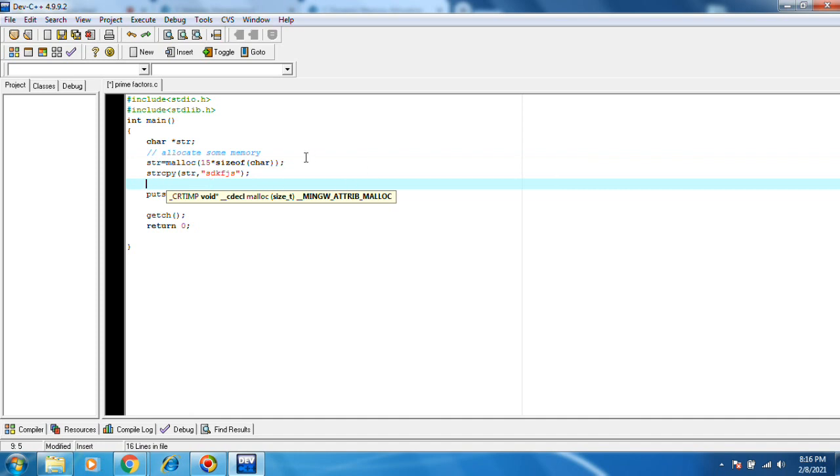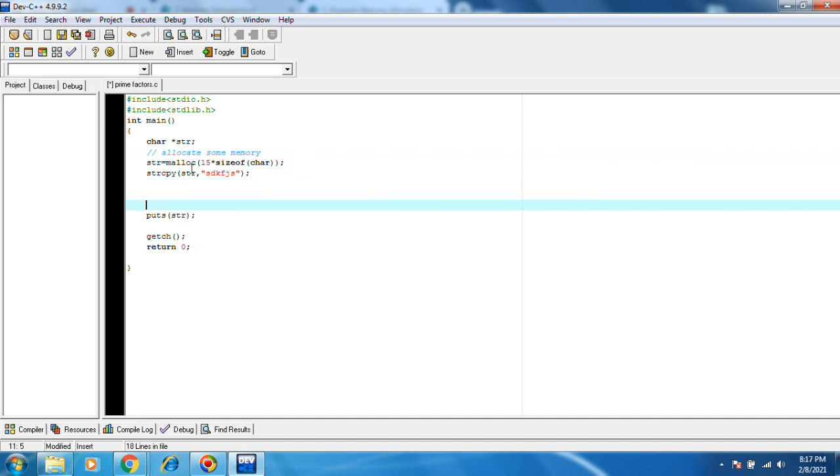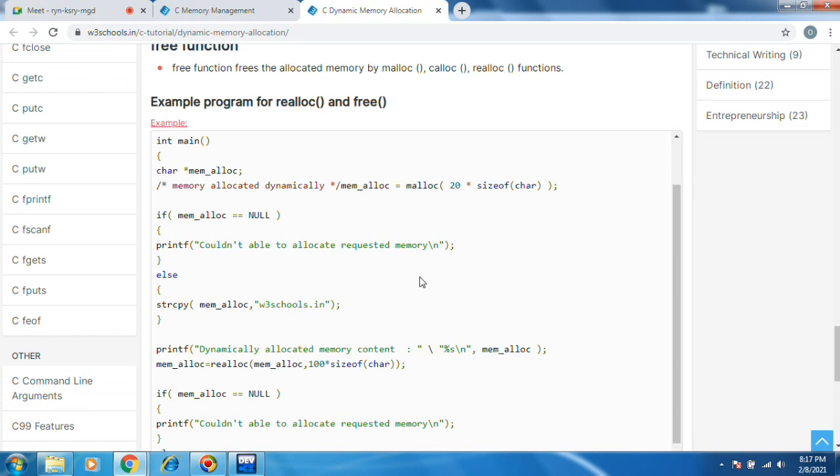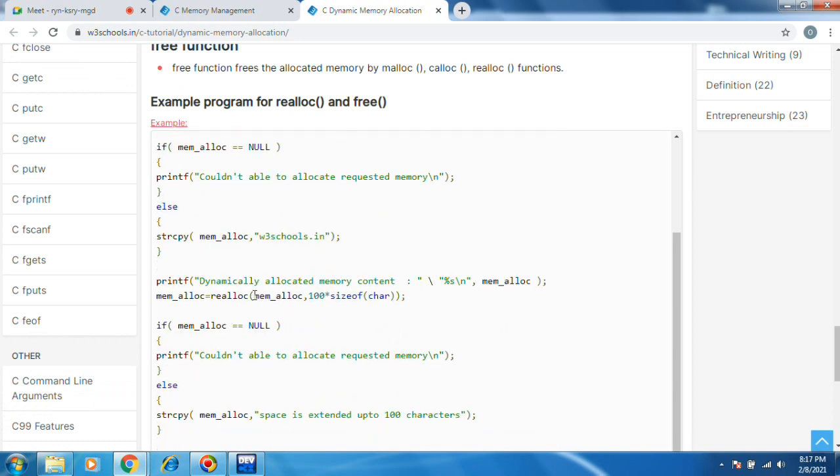Now I want to resize the 15 characters to 100 characters. str equals realloc of, we need to mention which one you want to reallocate.